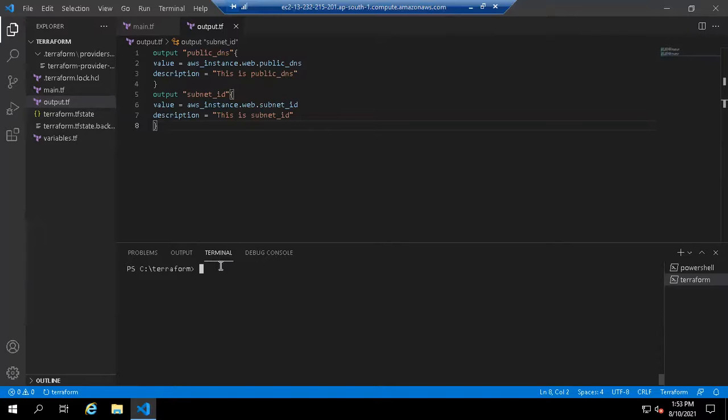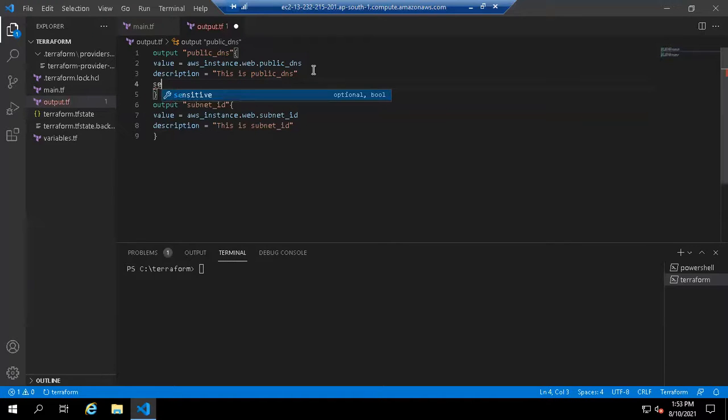In this, if you don't want to show your data, password, or any personal information to the public, you can simply put the sensitive flag true, then it will stop printing sensitive data on your terminal. So you can use it if you want to hide information. So let's see how to do that. So we will mention here sensitive equals to true.